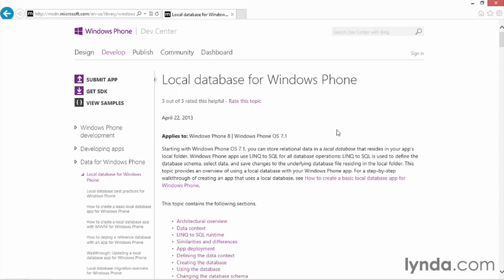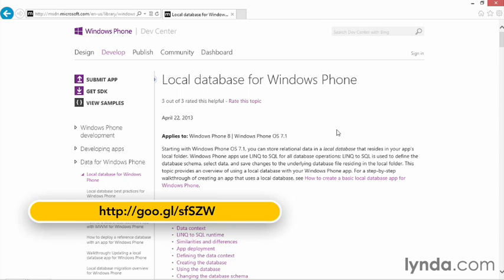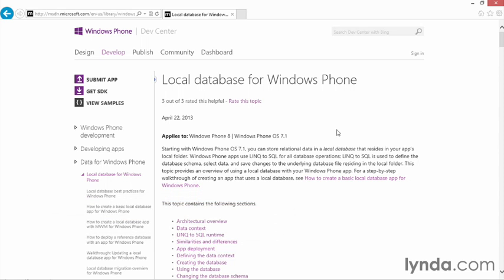Now that we've cloned our Sonnets plus flat file solution into a Sonnets plus DB solution, let's talk about the overall architecture of reading and writing to the database. Microsoft, on the Microsoft Developer Network, or MSDN, has a great article called Local Database for Windows Phone. There's lots of nuanced detail in here, which you'll probably want to review after you complete this section. What we're going to talk about right now is just the architectural considerations related to how we're going to use